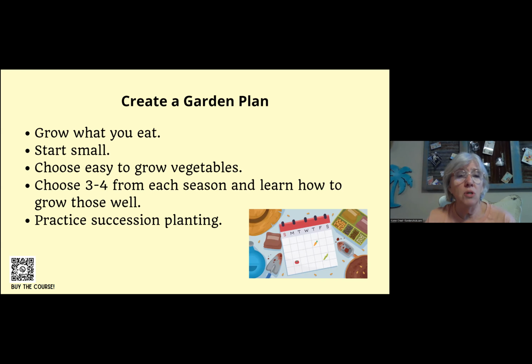So what I want you to do is just pick 3 or 4 from each season and then learn everything you can learn about that. You want to learn how to plant it. You want to learn how to fertilize it, and you want to learn how to harvest it. And then as you increase your knowledge, then start choosing some of the trickier